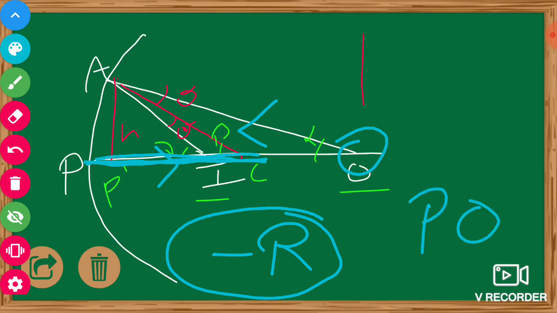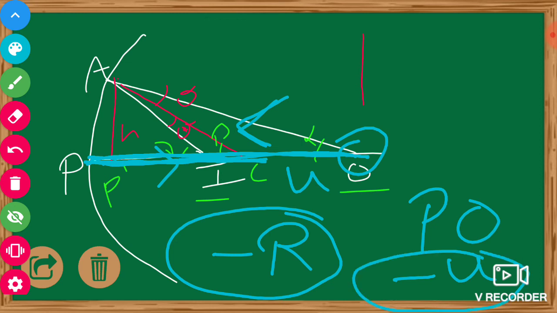It is also measured from P towards O. It is traveling in the opposite direction of the incident ray, so it is represented with a negative sign, and we can denote this distance PO as minus u for our convenience. Also the image distance is here, PI. This is also traveling in the negative direction, opposite to the incident ray, so we consider this as a negative sign, and the distance is v for our convenience.